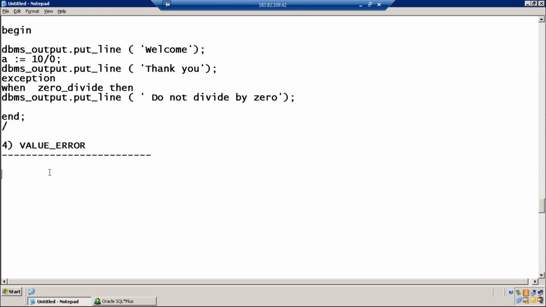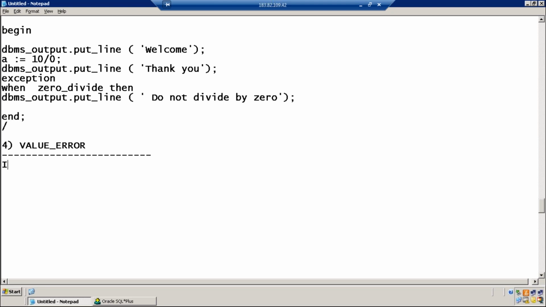Is there nothing like an exception predefined, where instead of defining all five, we have one handler which can handle all the types of exceptions? Yes, we have it. That is called the universal exception handler. We have one handler which can handle all the exceptions instead of writing each and every exception. That is also used in real time.